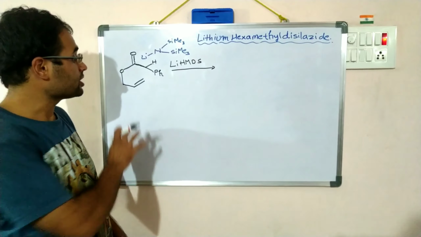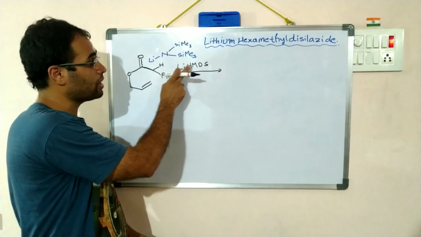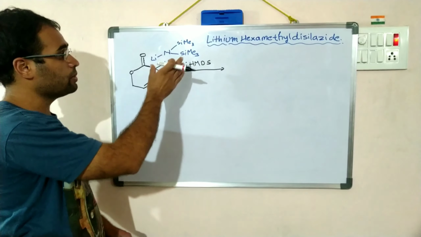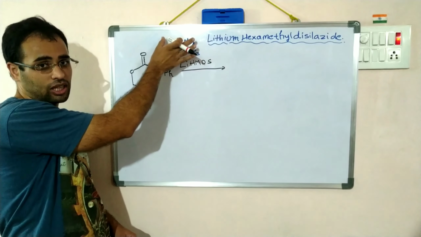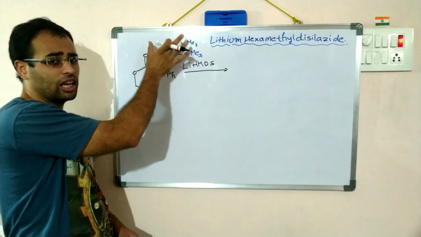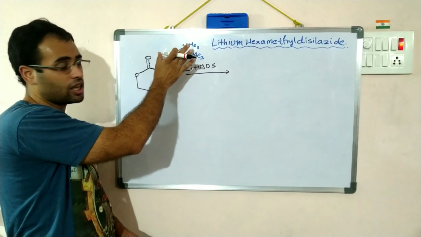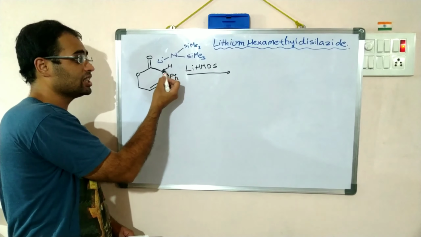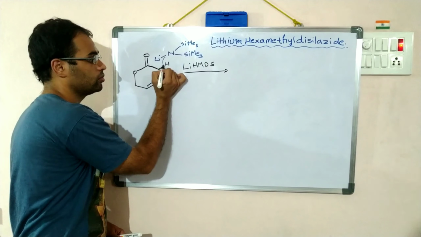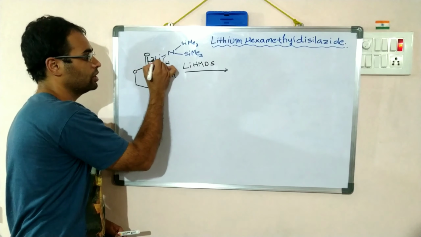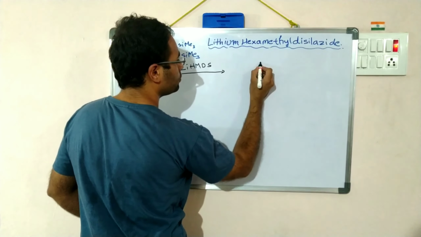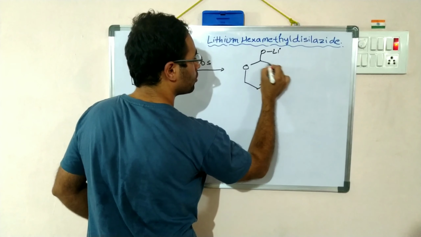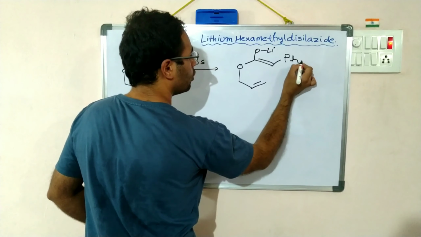In the very first step, this substrate is treated with a base called lithium HMDS, which roughly translates into lithium hexamethyl disilazide. This base I have shown here. Now this base is surrounded by 6 methyl groups, which makes it extremely bulky, and hence it is a non-nucleophilic base and does not form bonds with the substrate and prefers to abstract an acidic proton. As you can clearly see, this proton is acidic, so this base abstracts this proton and this oxygen takes up the lithium, and what we essentially get is this lithium enolate.